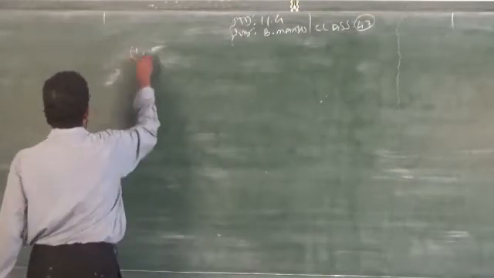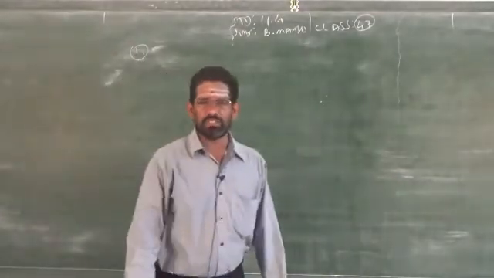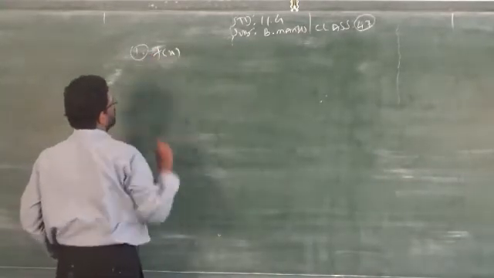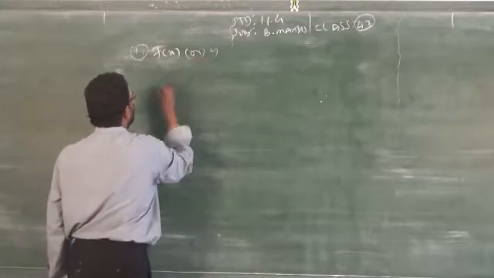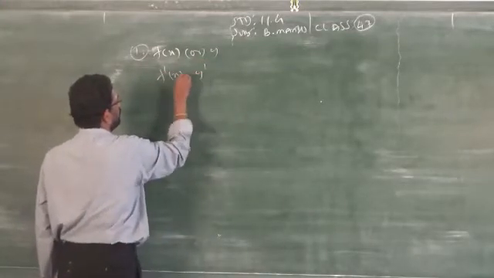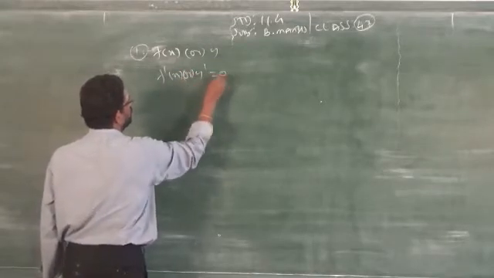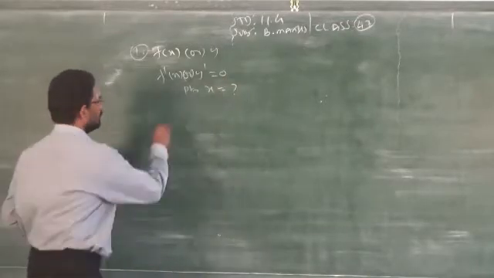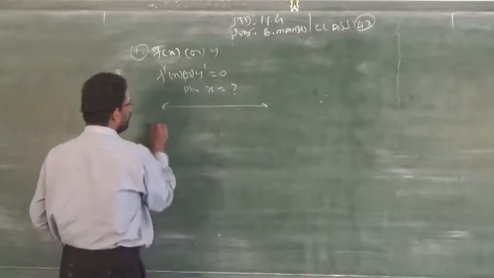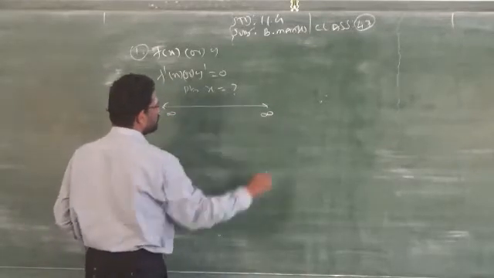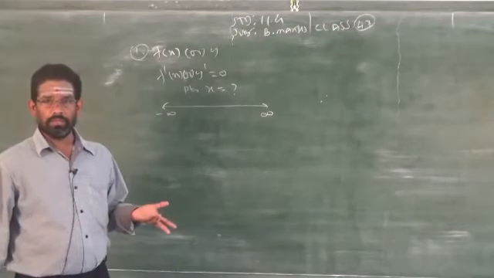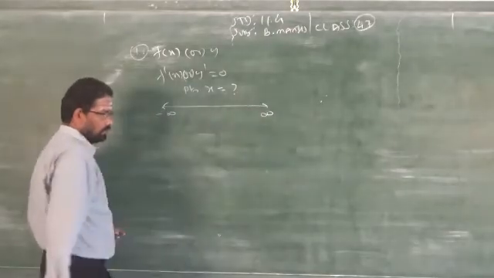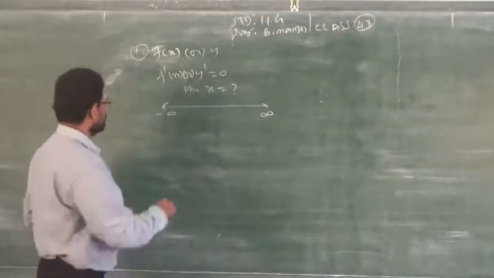Before that, you should know how to find out whether the function is an increasing function or not. So what is the rule? When the function is given, f of x or y, you find the first order, that is y dash, then make it equal to 0, find points. Clear? Then you go for the number line. It depends upon the question. You take minus infinity to plus infinity. If it is profit, you always take 0 to infinity. Cost, always 0 to infinity. Revenue also 0 to infinity. So this is the number line.